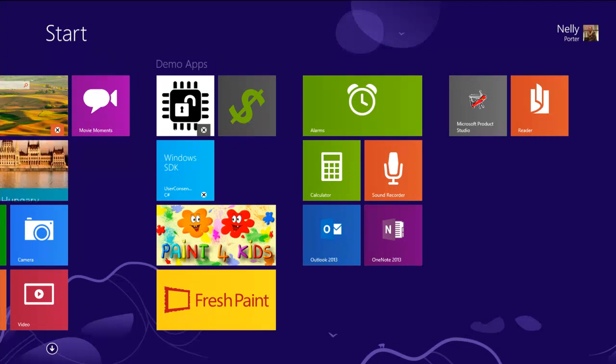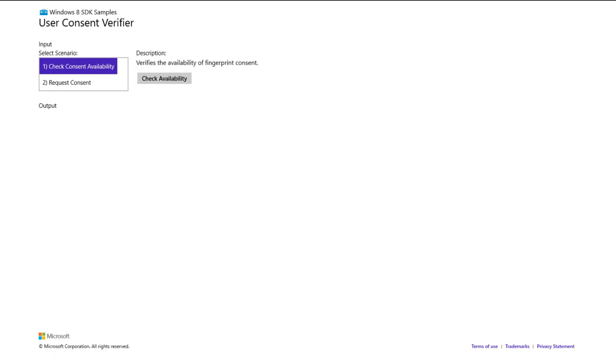And to demonstrate it for you, I will run something we call the Windows SDK. It's slightly boring, but it's actually SDK samples that you will receive as soon as we announce the Windows release in our build sessions. So we have two types of APIs. I don't know how many of you are developers, but one of them is to check availability. To check availability, we check if you have biometrics and if you have user enrollment in them. And in my case, I do have availability, so the API actually reports yes.